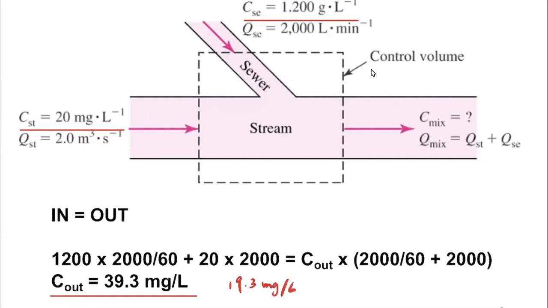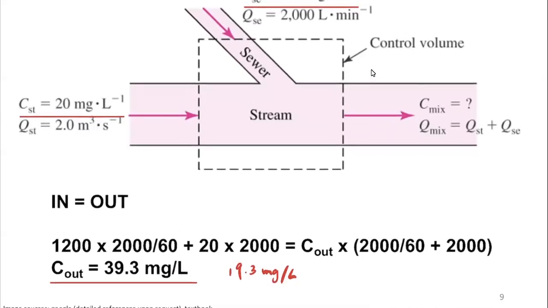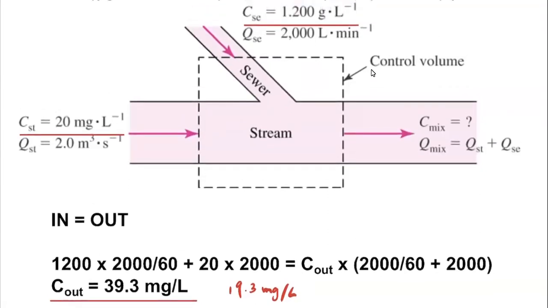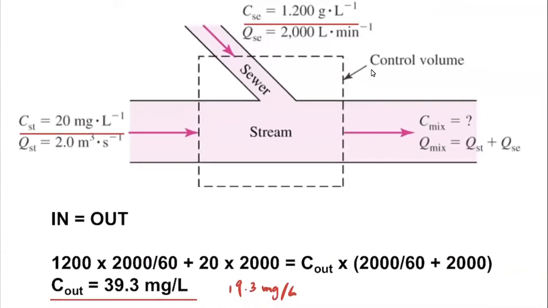So it just increased by around 19.3 milligram per liter, okay? Although in one way it might sound quite significant because it increased almost by 100%, in terms of the absolute value, this concentration is much lower compared to the concentrated salt water that's within the sewer discharge, okay? So this is how we can use the mass balance to try to look at the physical mixing